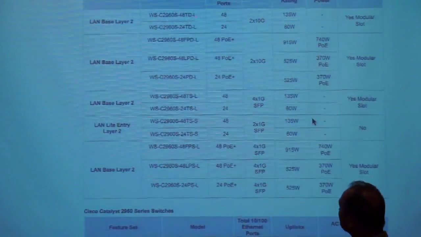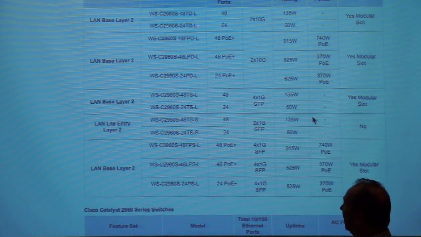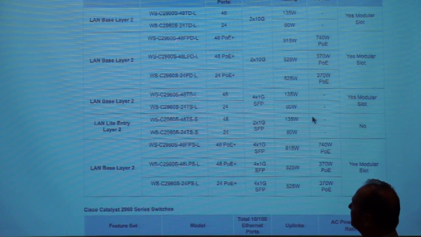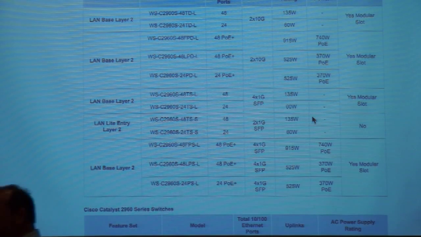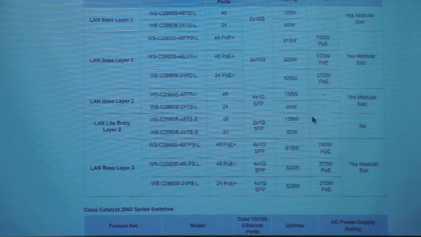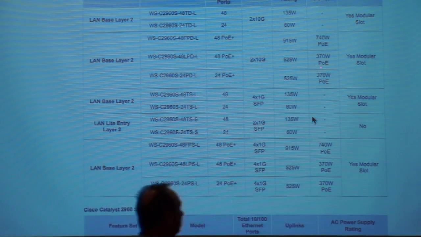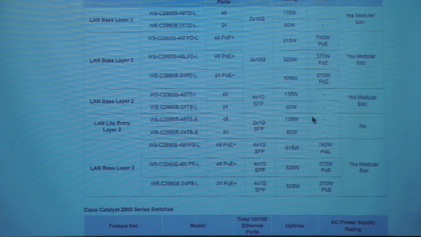So if you look at this switch here, is there anything about power? No. If we want to find something with power, we might step down here. WS-C2960S-48FP. Full power. We can give 30 watts of power out all the ports on that. That's what FP stands for. If we have just LP, it's limited power. We can only do so much power, about half the number of ports for 30 watts of power on that.